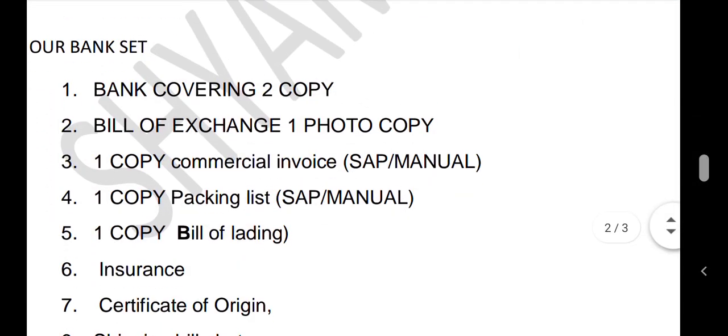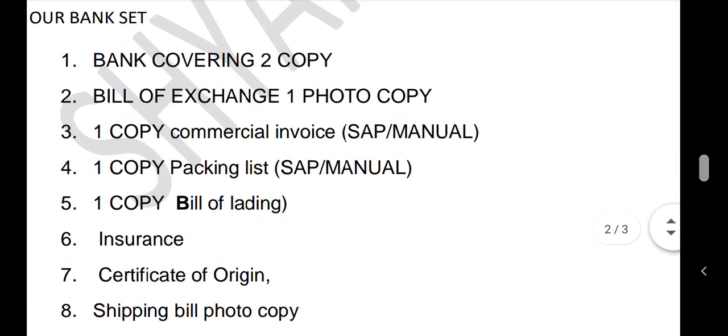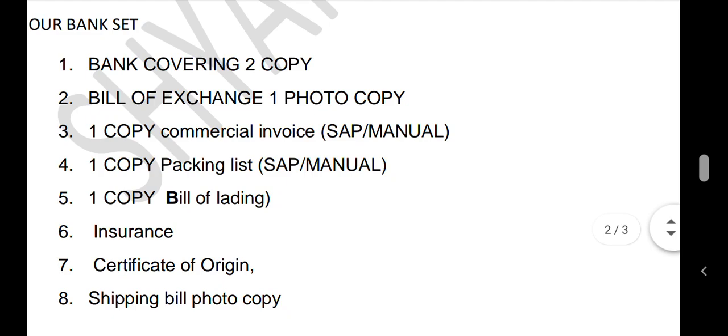Now we will talk about our bank, what documents we need to submit. So the set for the foreign bank we understand now. This is the set for our bank, meaning when we submit these documents to our bank, our bank keeps this set and the other set for the foreign bank will be couriered to the foreign bank.